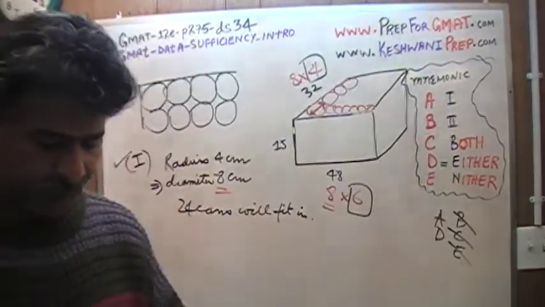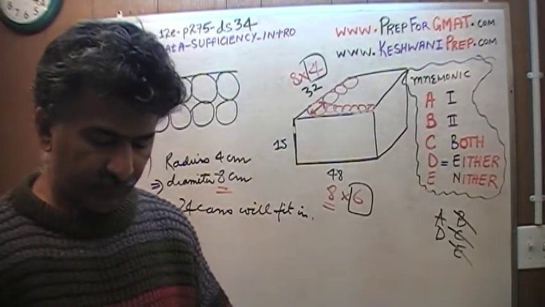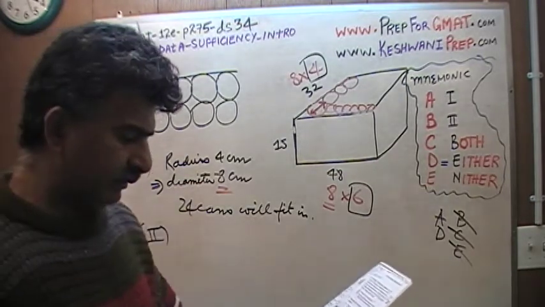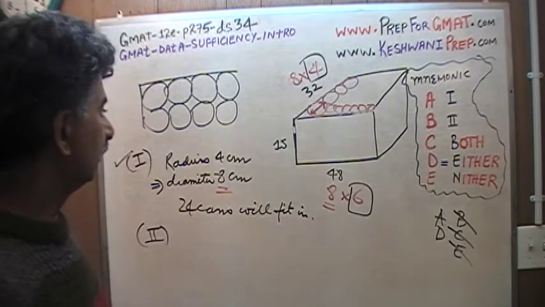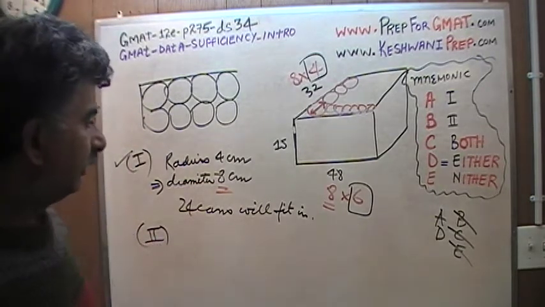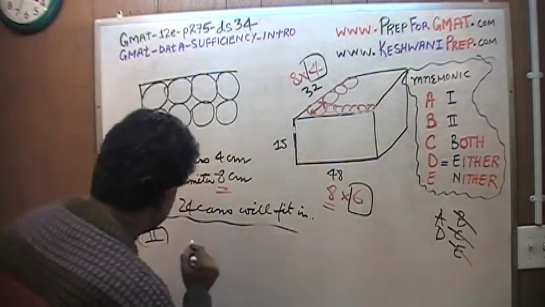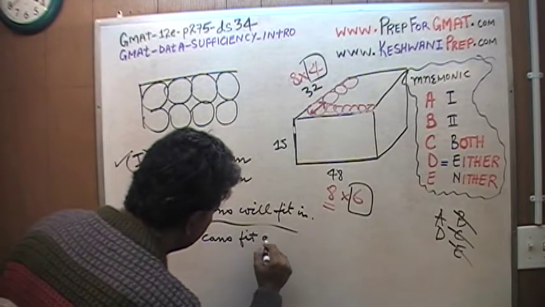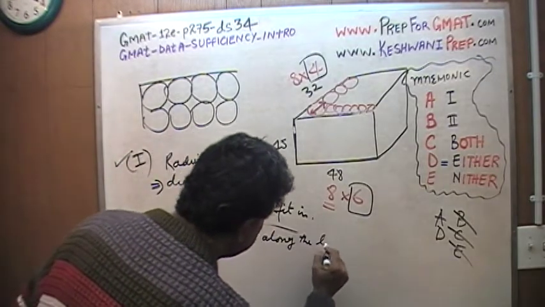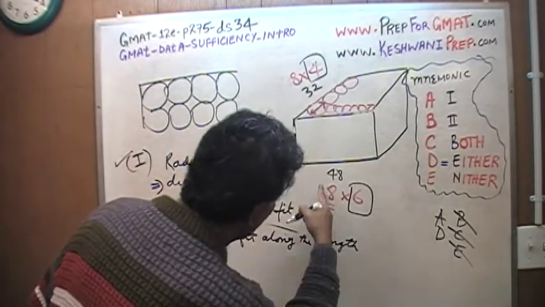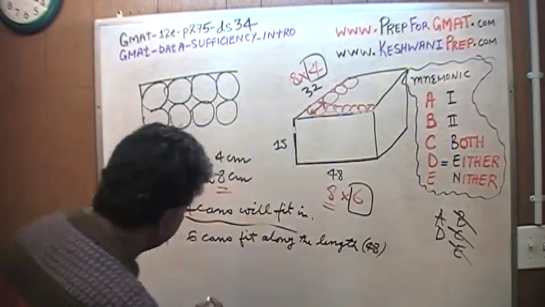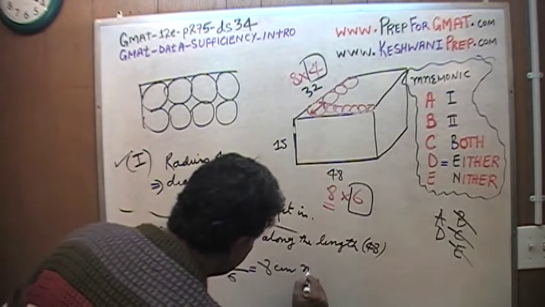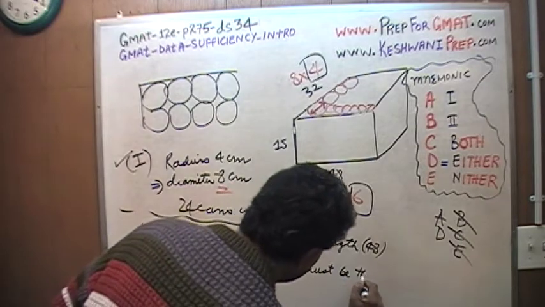Let's look at the second statement. The second statement tells us that 6 of the cans fit exactly along the length of the carton. Well, that's just what we just said here. So if they tell us that 6 cans fit along the length, which we know is 48, that implies that 48 divided by 6, 8 centimeters, must be the diameter,